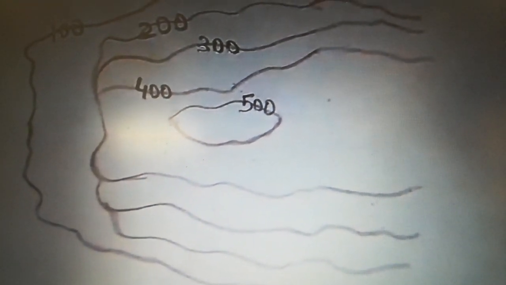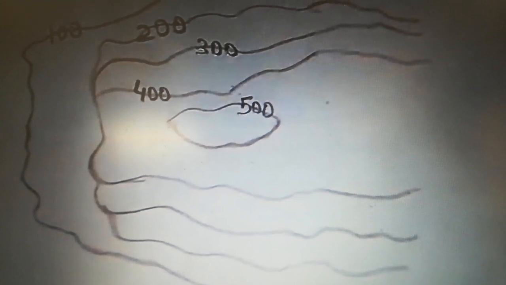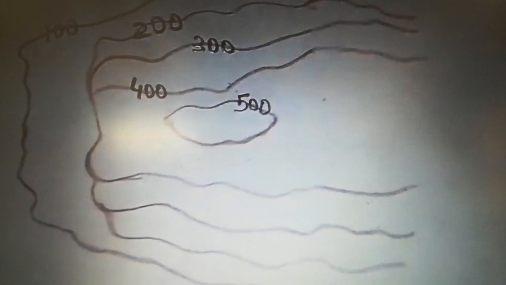Now we can move to the cliff. Okay, maybe this is the first time you are hearing the word cliff. A cliff is a vertical or near vertical land feature. The landform rises vertically from the lower ground. On a contour map, the contour lines are very close together or merge into a single line. In other words, contour lines overlap. This indicates a cliff. Okay, I think you understood the cliff.